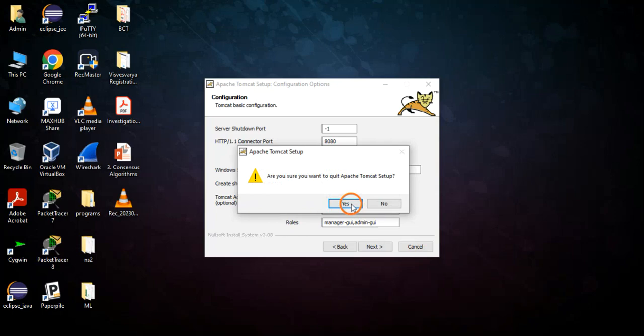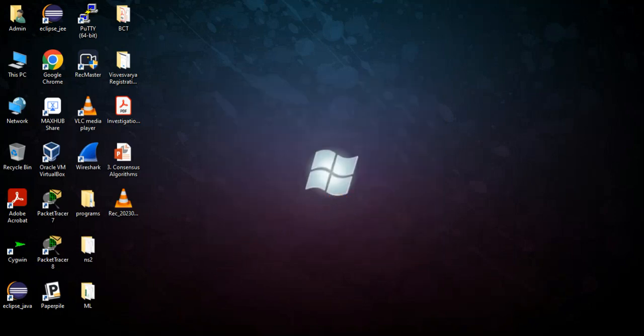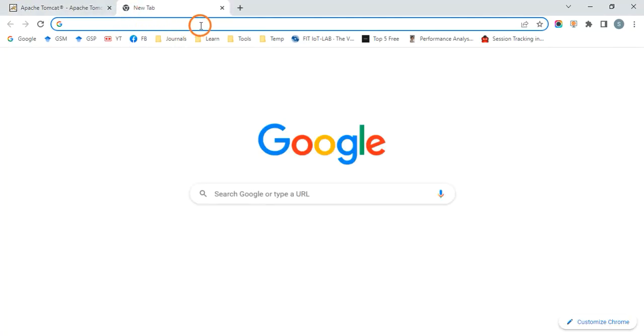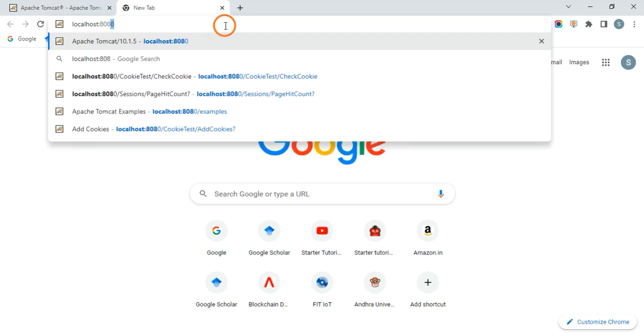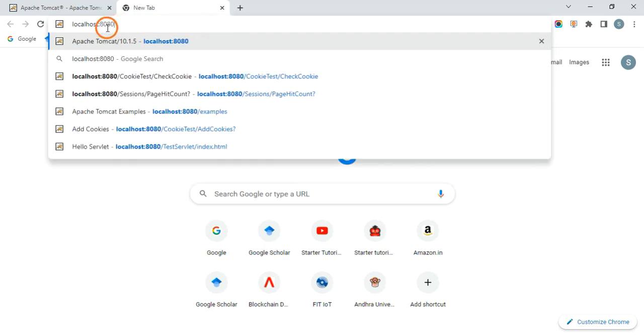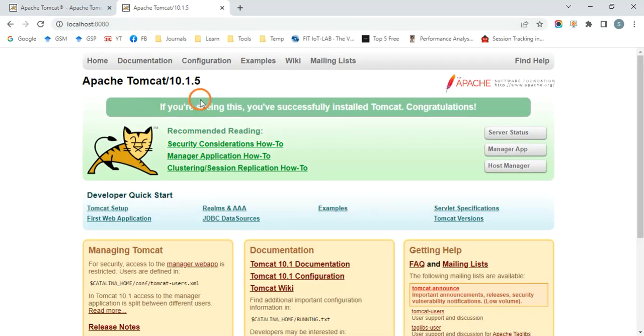Once the installation is over, you go to your browser, and in the address bar you can type localhost, colon 8080. You remember this port, right? While installing Apache Tomcat, you have seen this port number, the service port, 8080. So we will use that port. So localhost, colon followed by 8080. And if you are seeing this page on your system, that means you have successfully installed Apache Tomcat version 10